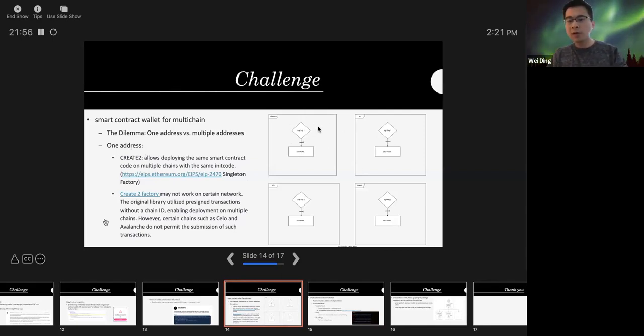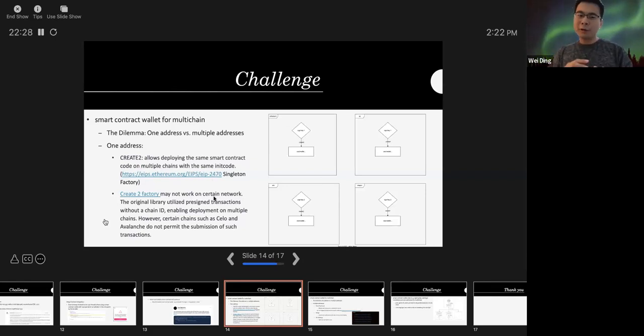What if the user has used their smart contract wallet for a long time, and later does a social recovery to replace their original signing keys? If they still want to use the same address, it could be a problem if they later want the same address on a new layer 2, because CREATE2 has to use the same initialization code. And it could be problematic.